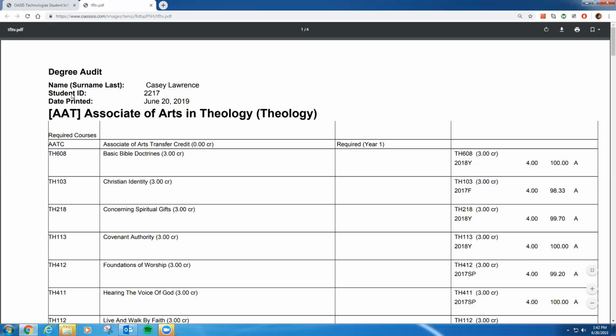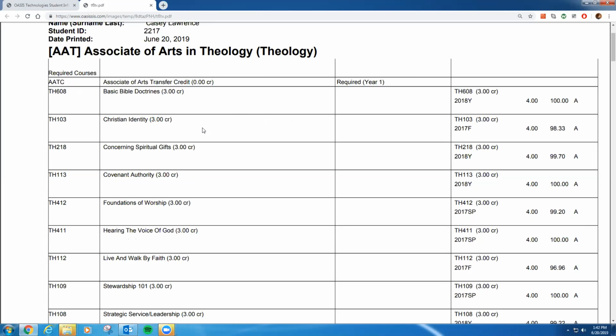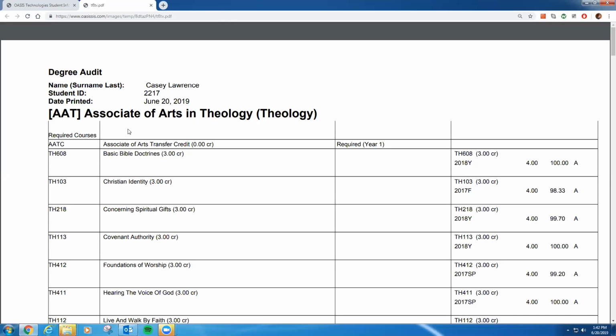What the degree audit does is it tracks your courses, the ones that you've completed so far, so you can see both your GPA and your grade, and you can see how many credits you have left in order to obtain a given degree. So you can see right here, these first couple pages are for the Associates of Arts